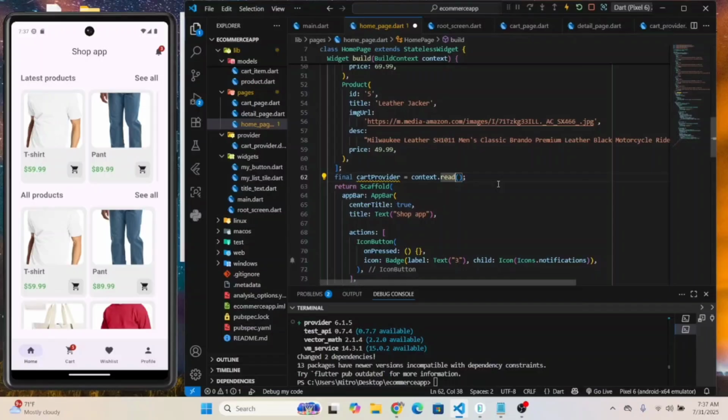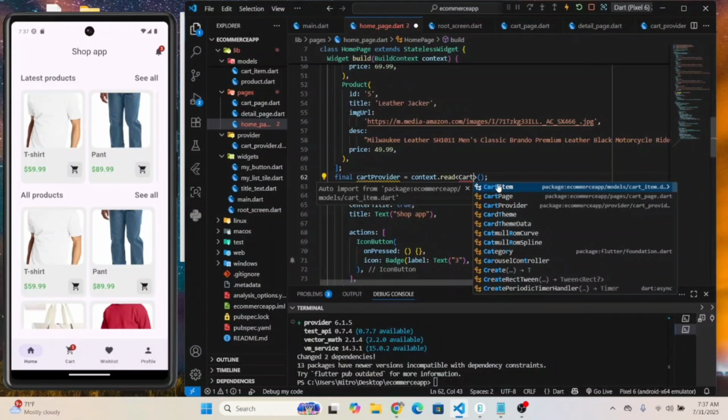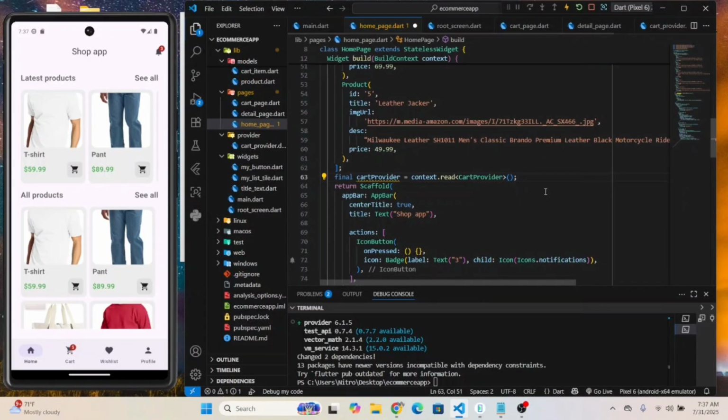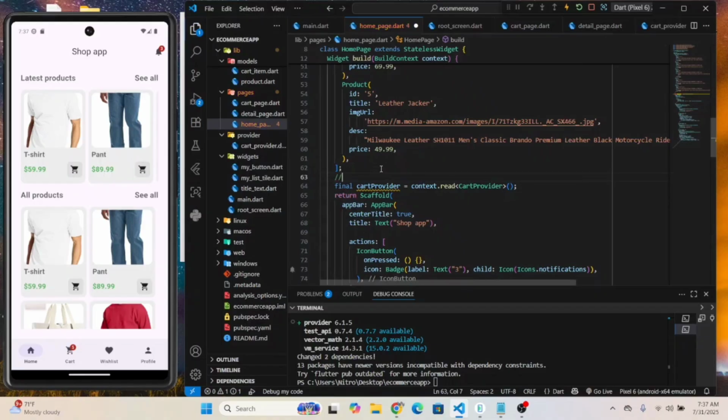Okay, let's read this. Read card provider. Import it. Okay, and this read method is for method calls like to add product to cart, delete. Here are all cards like this. Okay, and